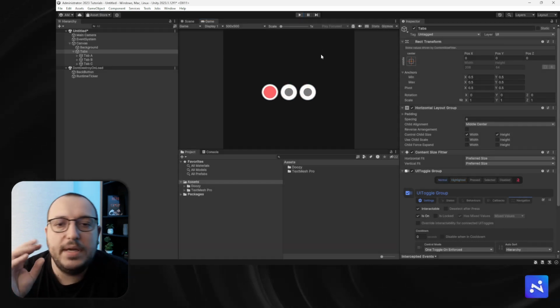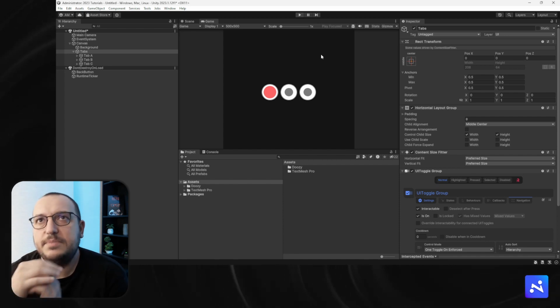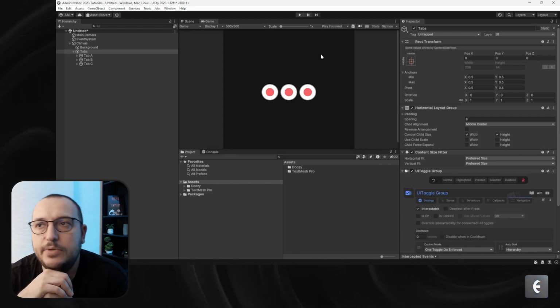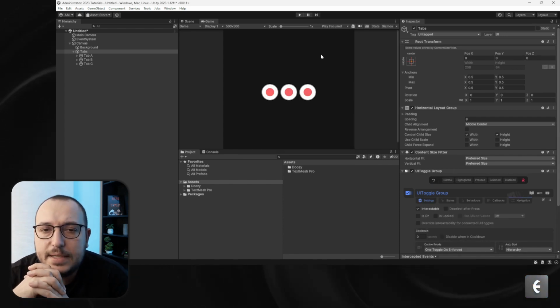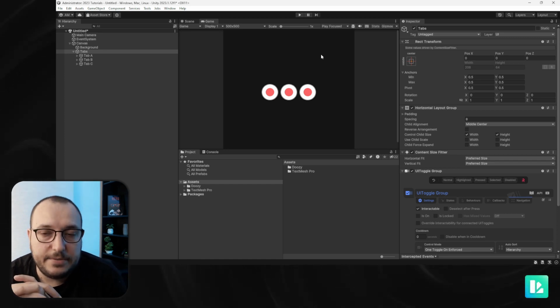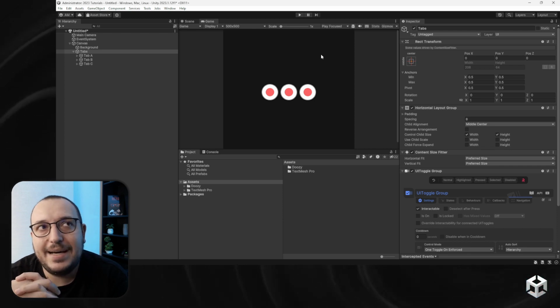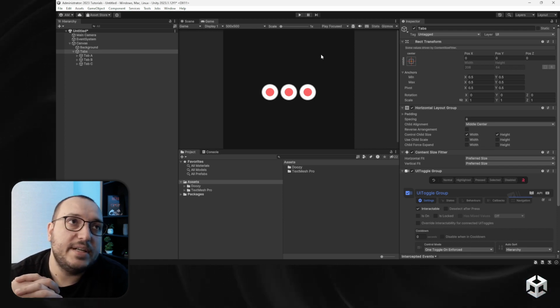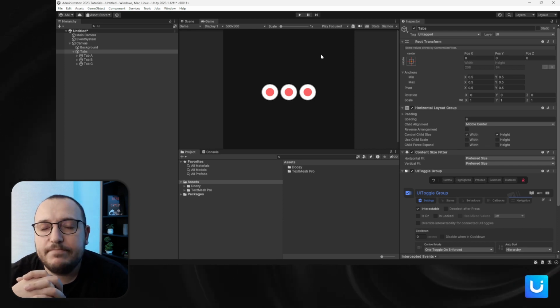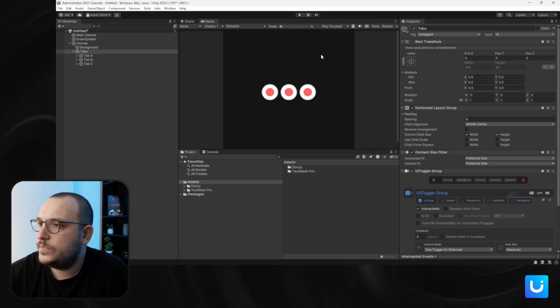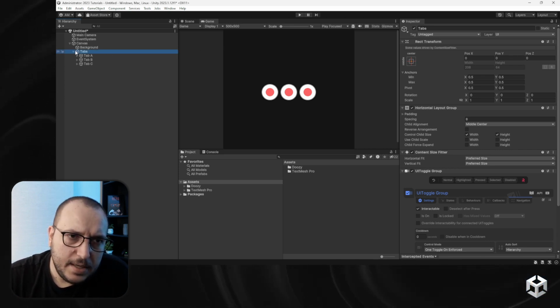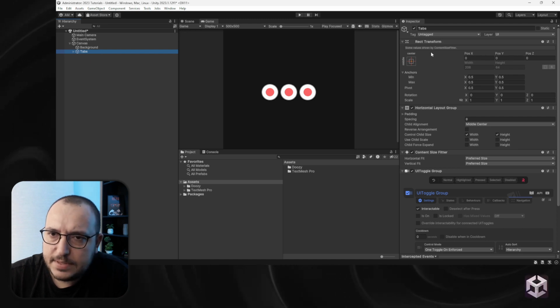Okay, so now we have our tabs. What's the difference between a UI toggle and a UI tab? Well, a UI tab can also control a container. It's synchronized with the show and hide state of a UI container or a UI view, right? So let's move the tabs to the top,